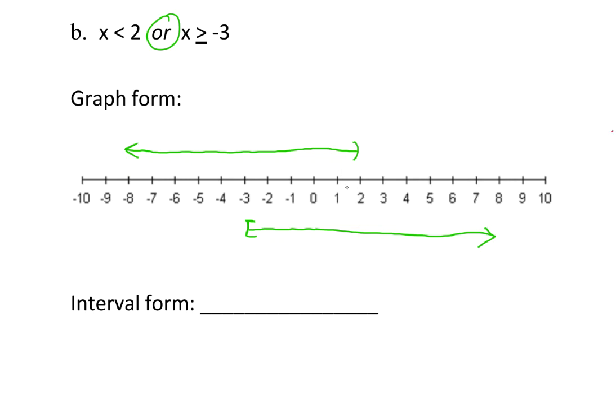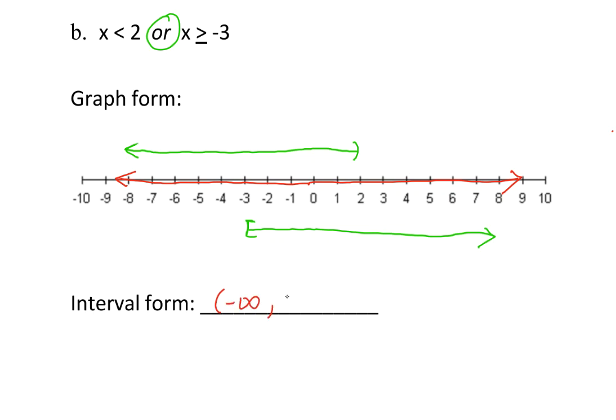So if we were to put these two lines together, everything that's on both lines, then it goes all the way to the left forever. And then if I put this line up here, this goes all the way to the right forever. So we don't put these brackets or parentheses or anything on the line. It's just like we join the two lines together, and that covers all the numbers to the left and all the numbers to the right, and they overlap. So it would just be all the numbers on the number line, which means our interval would be from -infinity